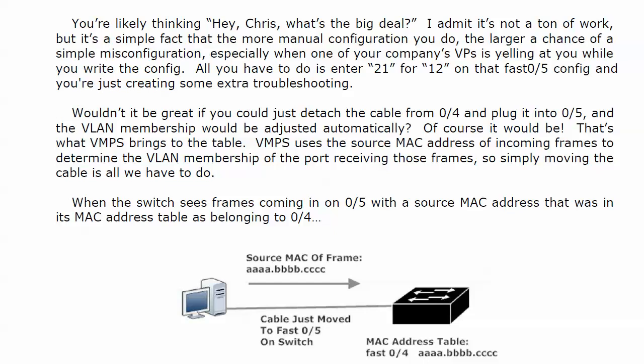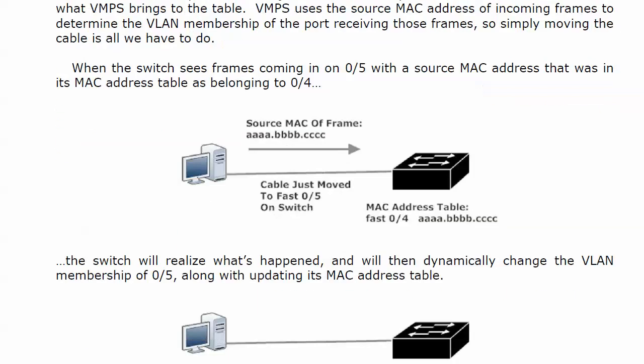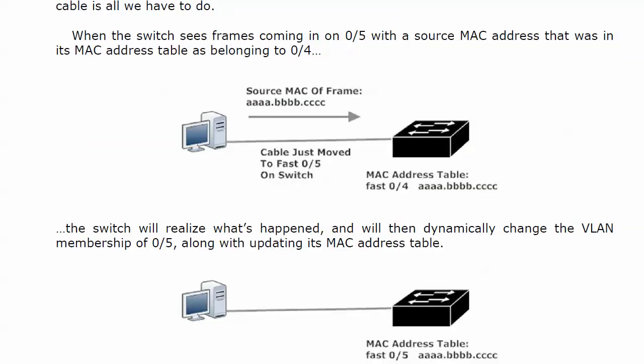Well, that's what VMPS brings to the table, because what VMPS does is use the source MAC address of incoming frames to determine the VLAN membership of the port receiving those frames, so simply moving the cable is all we really have to do. Now in this situation, when the switch sees frames coming into port 5 with a source MAC address that is in its MAC address table as belonging to port 4, the switch will realize what's happened and say, hey, wait a minute, somebody moved that cable on me,